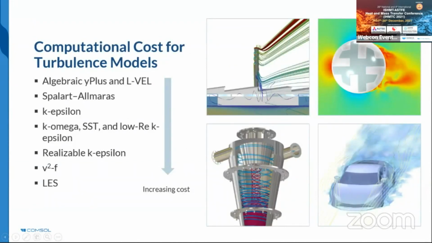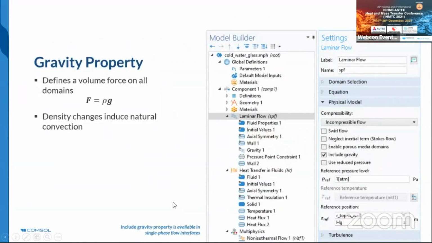So, as I said, there are several flavors. For example, if we look at the turbulence models, they start with low numerical cost, with algebraic turbulence models, and go to LES with a lot of intermediate options. But regardless of the option you select, these physics share the same options, and one very important one is the ability to account for natural convection, which is available through the density definition.